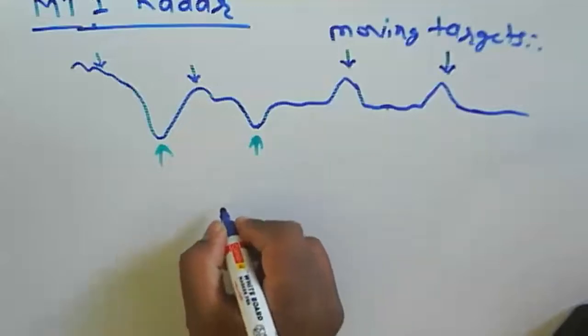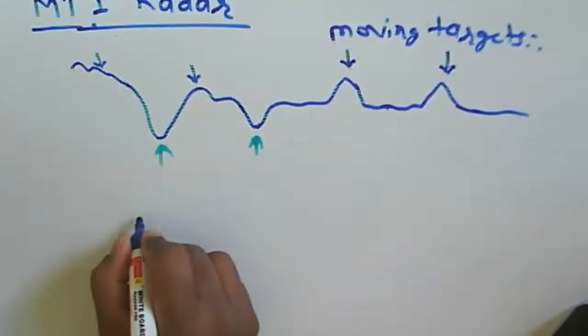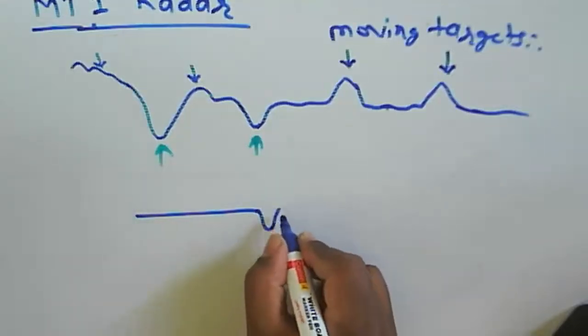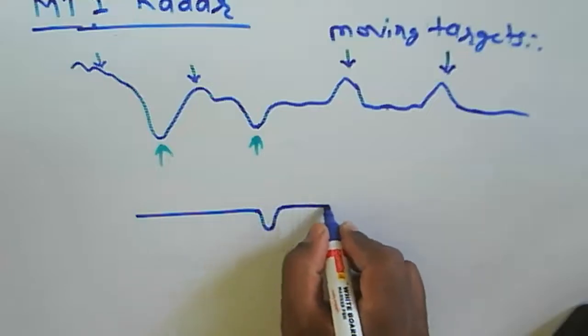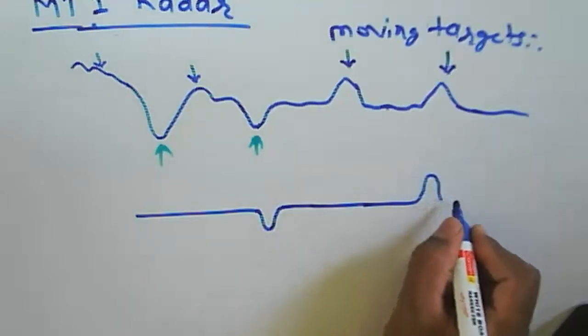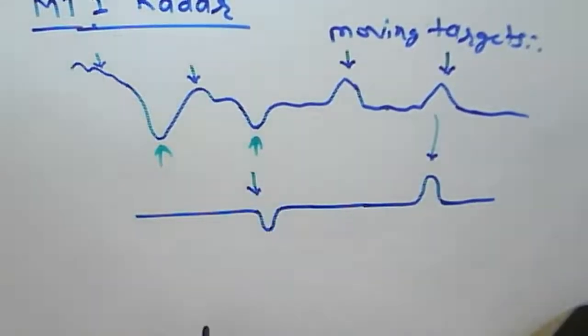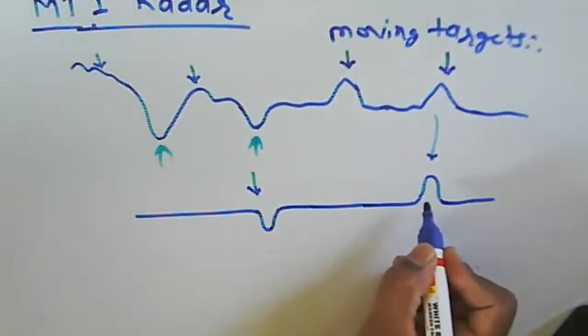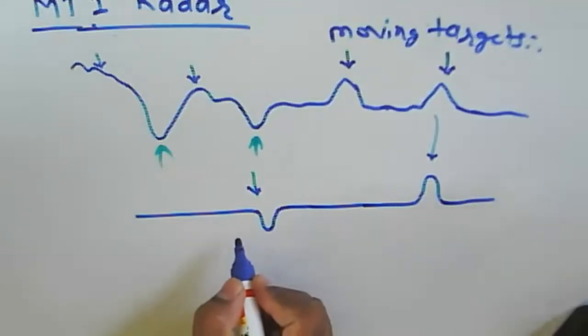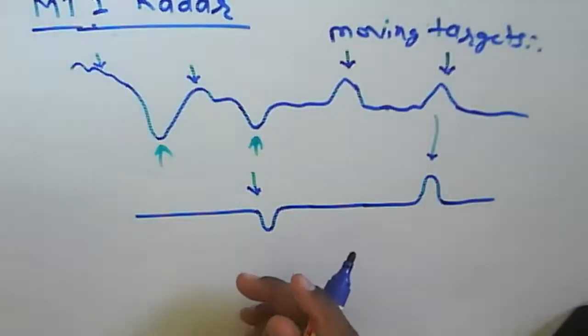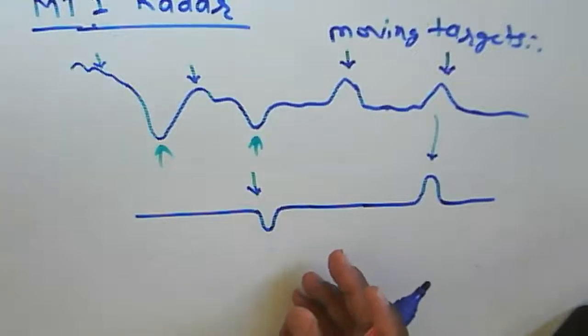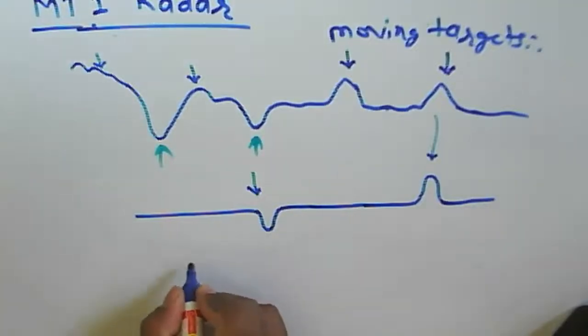So after using the delay cancel device, we are getting only the peaks which belong to your target now. Here we are receiving echoes and displaying them on the display devices that have a positive pulse as well as a negative pulse. But some display devices are there, they are displaying only the